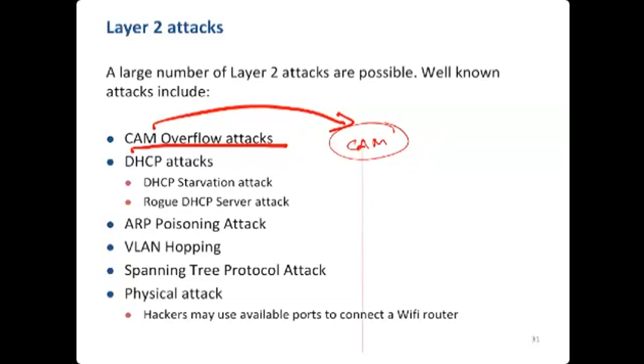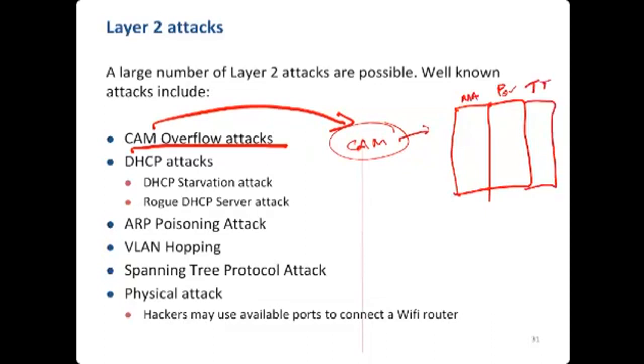Okay, so let's look at it. It's nothing but the table in the CAM form that we have in the central switch, where we have seen that there is a MAC address and the port number, and of course TTL, time to live. So this table is called the CAM table, or for our understanding, we'll consider it only as a table. Okay,